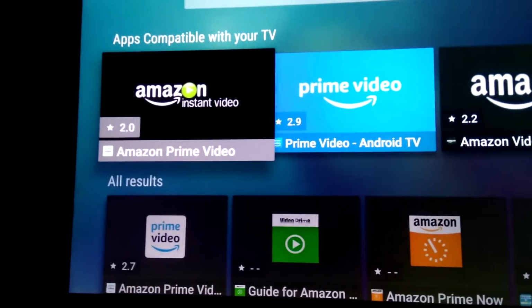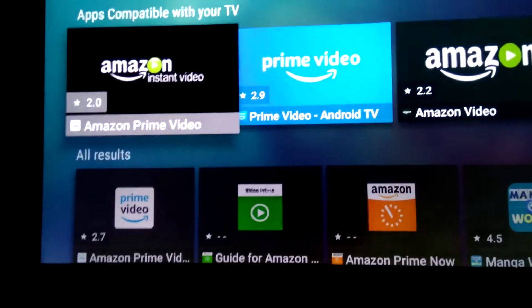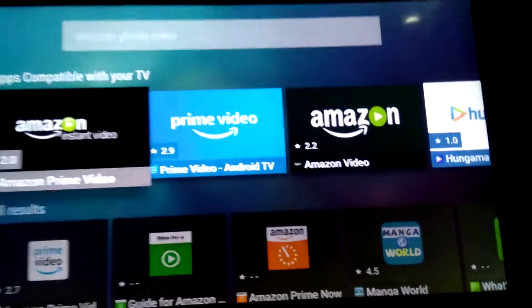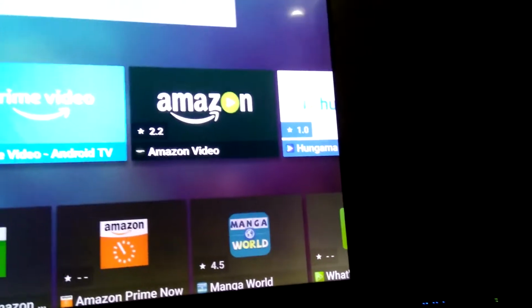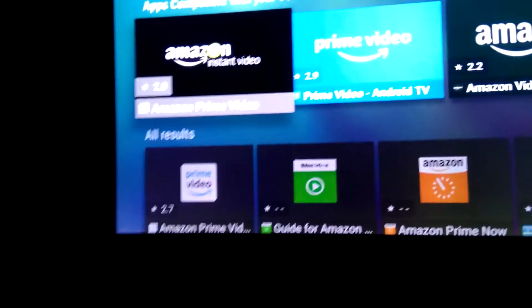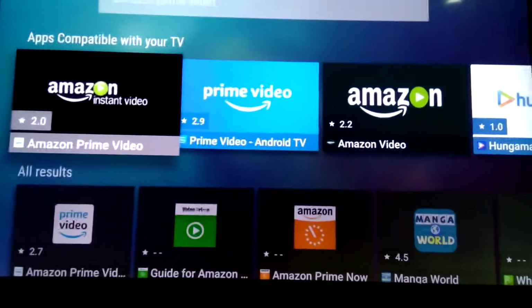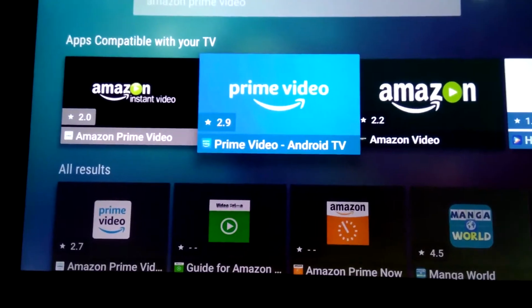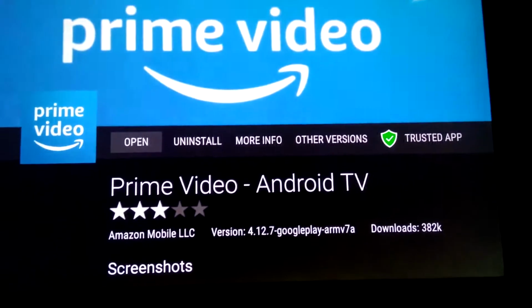The Amazon Instant Video is actually an Android based version. It's not Android TV based. Prime Video is actually a complete Android TV version, and the same goes for the Amazon Video. Over here we again have the Android mobile version. Now ideally speaking, we should be getting Prime Video, which is for Android TV, and once you go over here